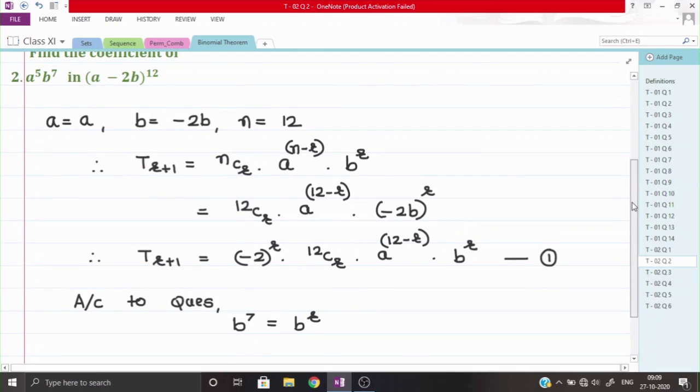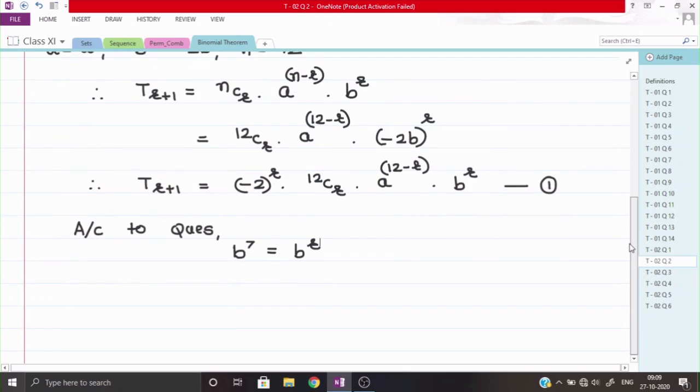If you are taking a, take a to the power 5. So I can say that the value of r will be equal to 7. We are only finding the value of r, which we can get easily by comparing any one of them. If we take a, then also the value of r will come 7 only. So therefore